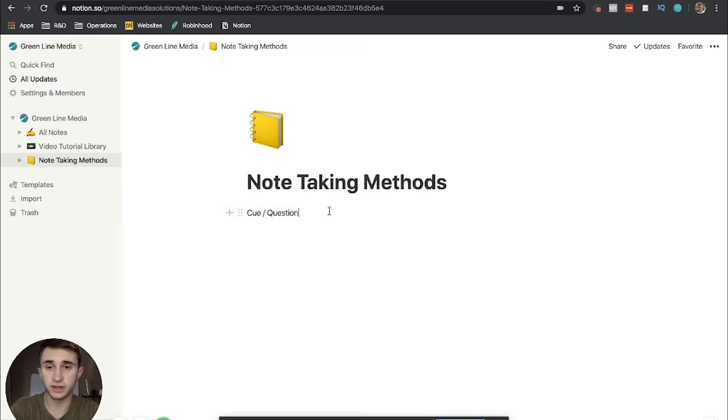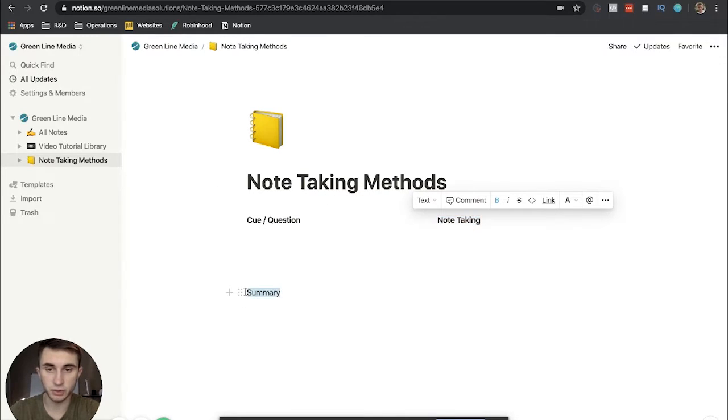So you have the Q/question section, and then you have another section that is basically your note-taking section, and that's kind of like your scratch pad, and I'm just gonna spell note-taking correctly. And then lastly, you have a summary section, okay? Now you could do it like this where you have them all lined up, but in the traditional Cornell note-taking method, you will line them up. So what I do is I drag note-taking here over to the side of Q/question. And then you put the summary underneath it all, because that's just generally how it is when you're taking Cornell notes. So I like to just bold this,